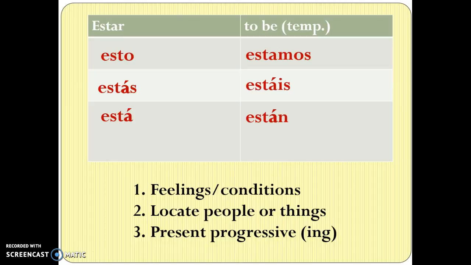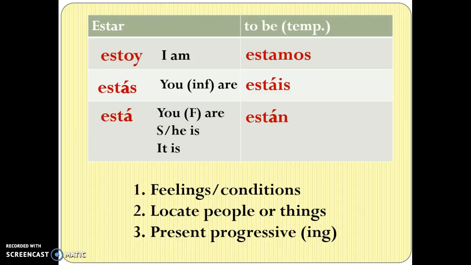The other small change is to the conjugation for yo. It is not esto, but estoy. So you have estoy, estás, está, estamos, estáis, and están. Now also write down the meanings. Again, you don't say I be tired. You say I am tired. You don't say I or you be exhausted. You say you are.